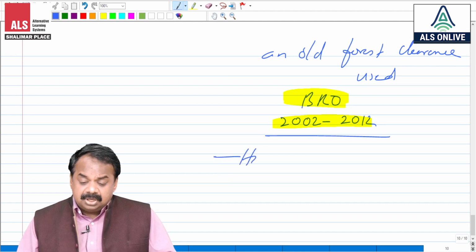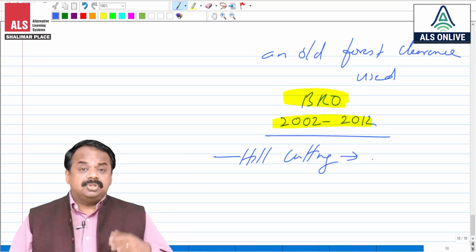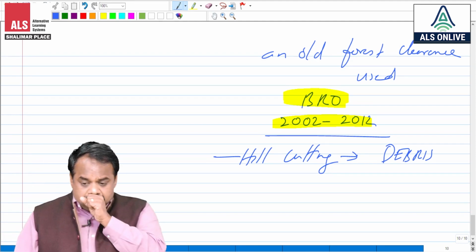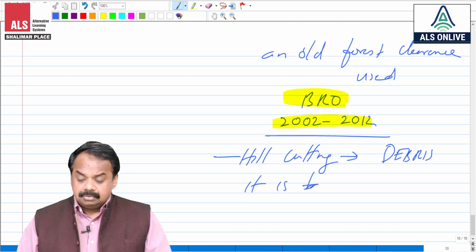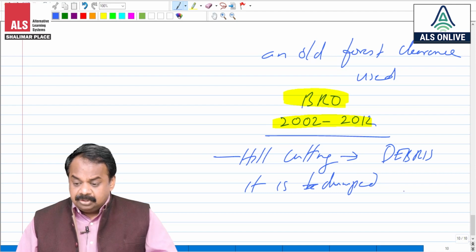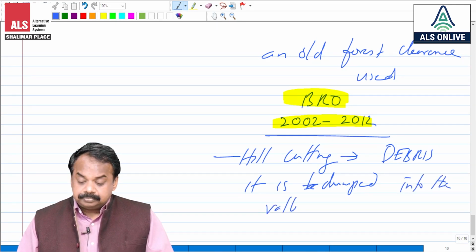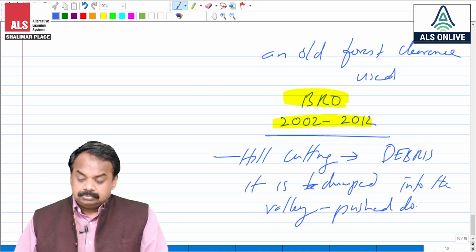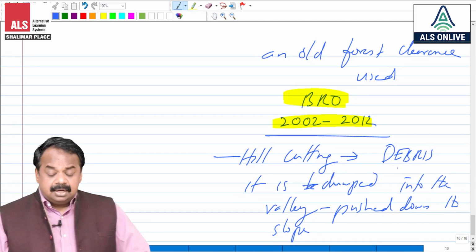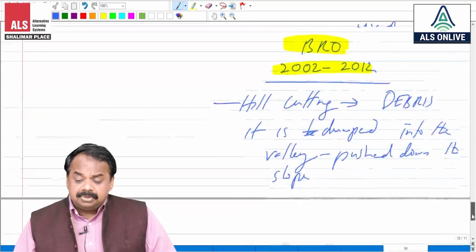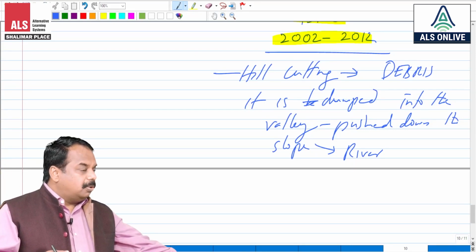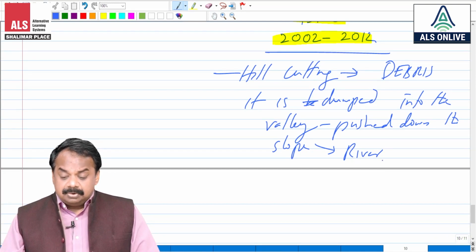Now the biggest problem is when they do the hill cutting, what will happen to the debris, or what will happen to the rocks and the soil? It is dumped into the valley. It is pushed down the slope. And then what is pushed down the slope will reach the rivers down. Whatever they cut, they are just pushing down the slope, and that is going into the rivers downstream,